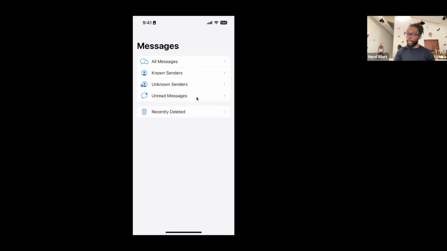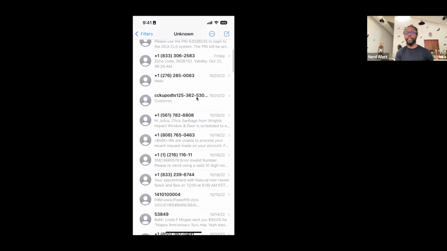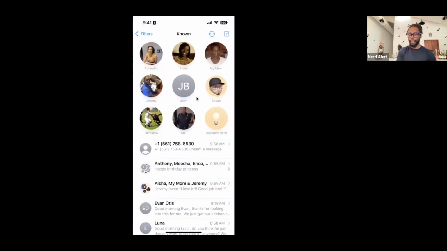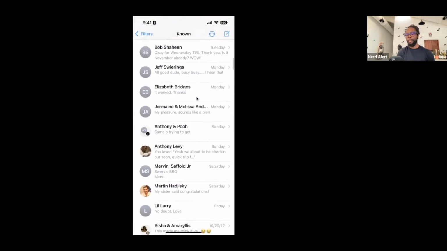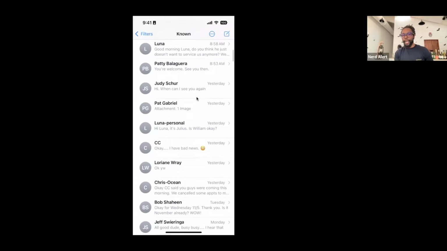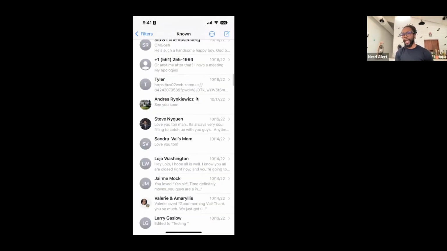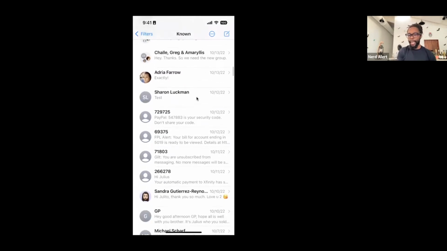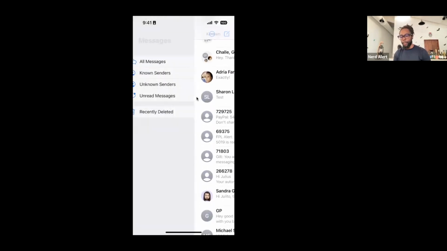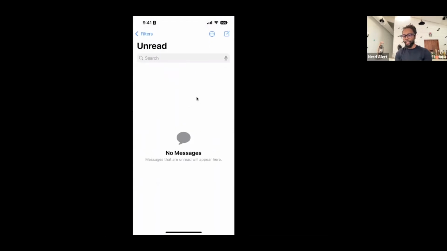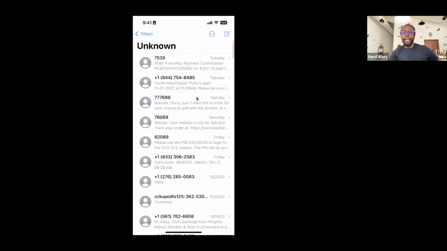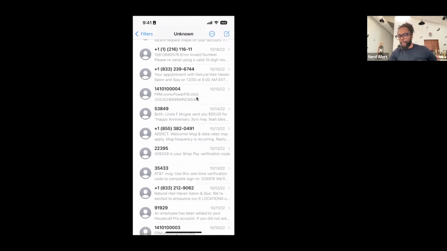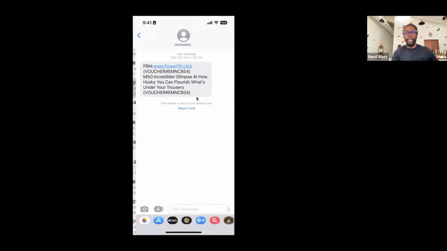So then you can go there and look at all unknown senders and separate this from my known senders. In the known senders, anybody I message back, or I know this person possibly, or I'm saying, hey, this is PayPal, I'm okay with them. But when it comes down to the unknown senders, everybody gets grouped in this group here, which is very cool because here's one right here that's fake